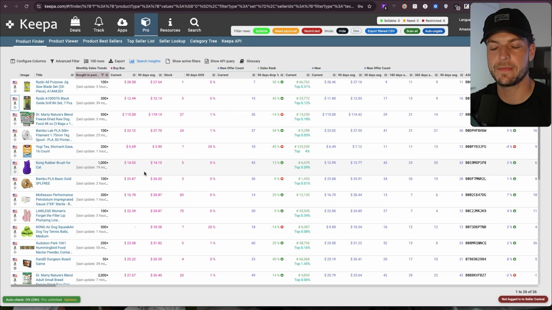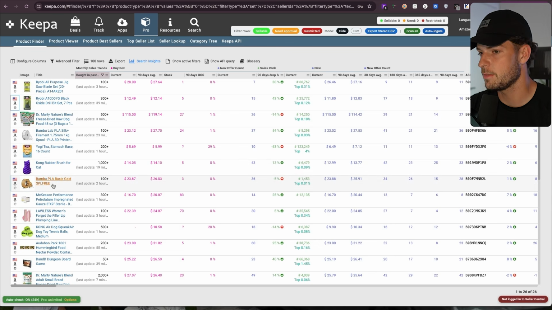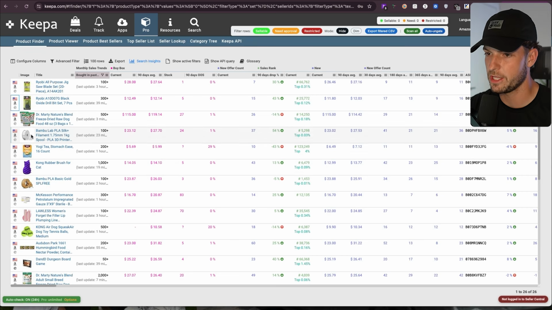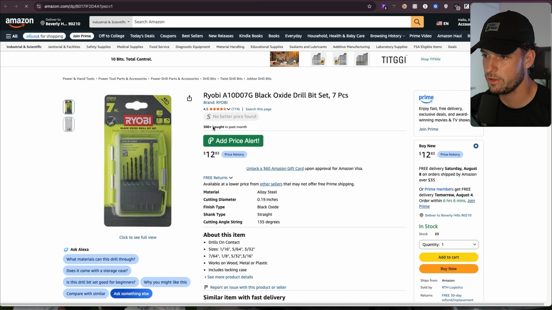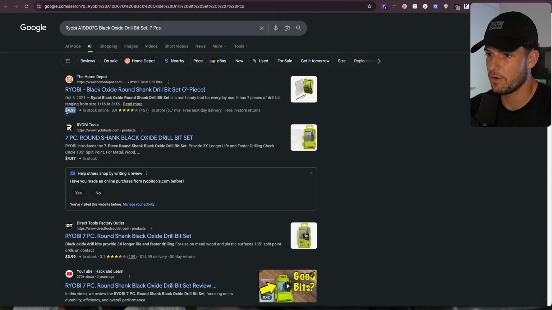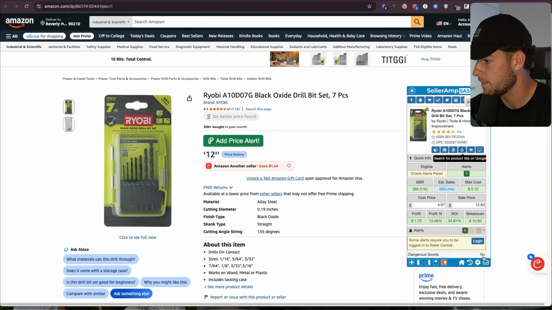For example, I just swapped out that seller and put someone else in here that looks a bit more arbitrageable, a little bit of a smaller seller. We can see some brands here that are clearly arbitrage. And here's a Ryobi drill bit selling for $12.49 on Amazon. Actually $12.83 currently, also selling very fast. I did a Google search for it and actually see right here Home Depot has it for $4.97,